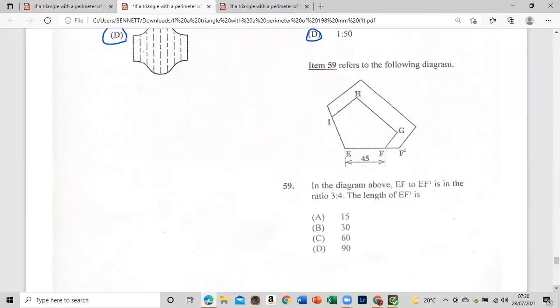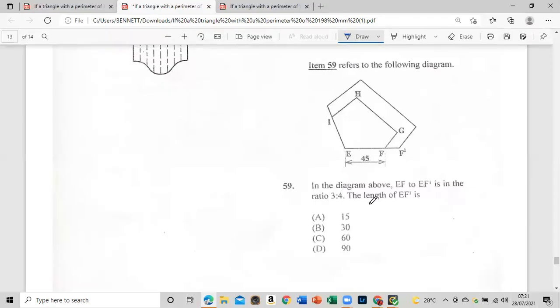All right, 59 refers to the following diagram. In the diagram above, EF to EF1 is in the ratio 3 to 4. The length of EF is, oh, it's in the ratio 3 to 4. And they give us, say, that means a 15 represents one of them, right? Watch out, guys. Look, they give us EF, right? So 3